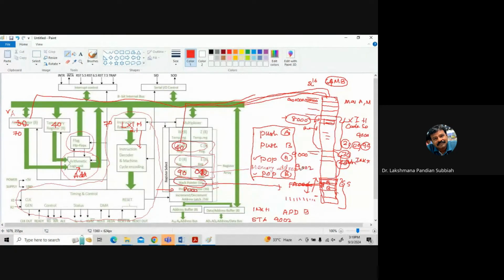9002 is enabled. Now that data 7D is placed on the data bus, it is moving the data to 9002. So that is what we are having now, this is the value on that particular location. Whenever we are processing something, the flag register is changing. Now as for the flag registers, we are having now